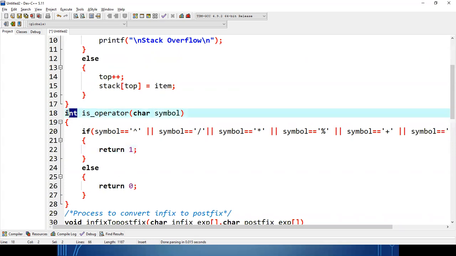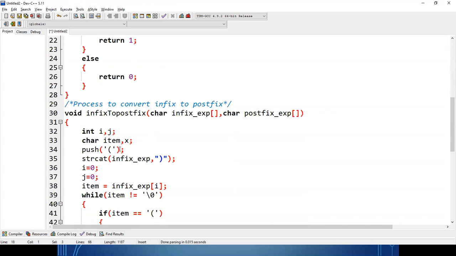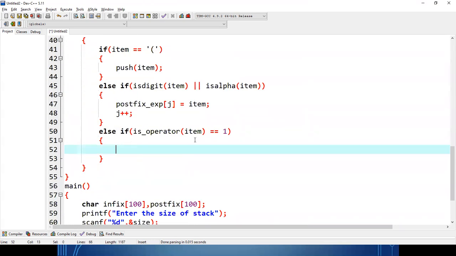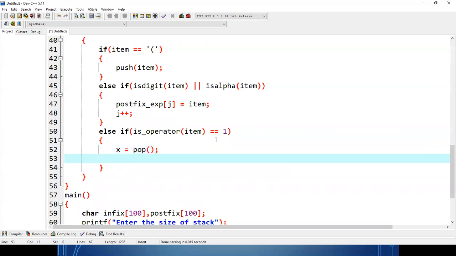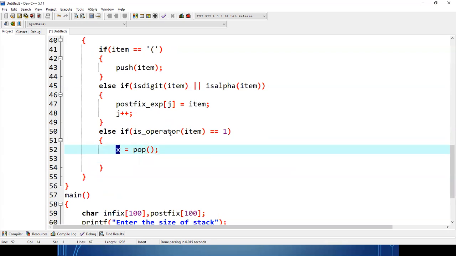That's why the return type of the function is integer. If 1 is returned, these are operators. So if I encounter an operator, first I'll pop the stack's topmost symbol because I have to compare its priority with the priority of the scanned symbol. Clear?